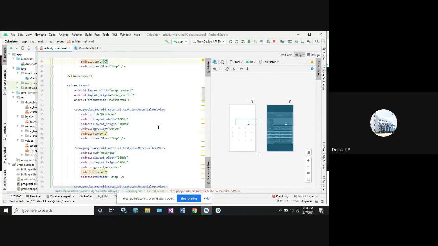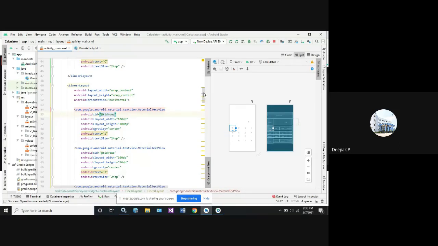What is the next thing? I need to display the values. So this is my numbers. So I have taken the ID as 1, text size as 1, number. Don't worry about this hard-coded string part. We can convert that by extracting the string value so that the values will be loaded in the string file which is present in the resources. If you want that, you can do that.